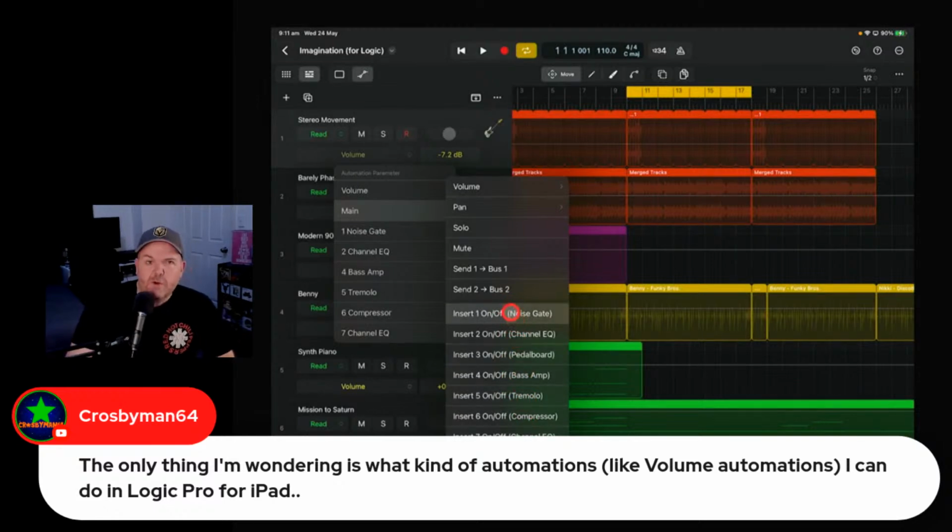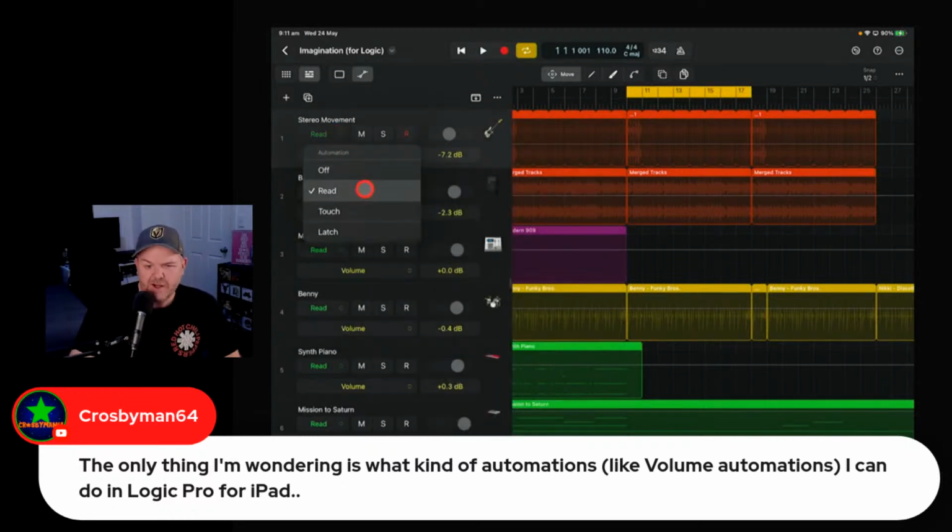We'll explore these in more detail. I'm conscious we've got a heap of questions. I'm going to answer the questions, but you can jump in there and play. But the short answer is yes, you could do everything. And there's a heap of modes that you can use here. You can use touch mode to actually touch in your automation points like you did in GarageBand. And there's even a brush mode that I haven't played with as much as I should.